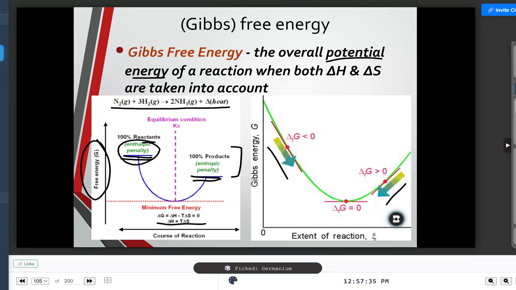Okay, if I were to go in the opposite direction, if I were to be going from here to here, then I was in a reverse reaction. It would mean that I'd have an entropic penalty, meaning that I'd have to go from a place of more dispersal to less dispersal, right? Sorry, I should be saying that a little bit differently here. I've got 2 particles on this side as a gas, and over here I have 4 particles as a gas over there. And so I have paid for it with getting some entropy pulled out of it, right? Does that make sense? So you're either going to give up enthalpy or give up entropy or pay for it with one or the other.